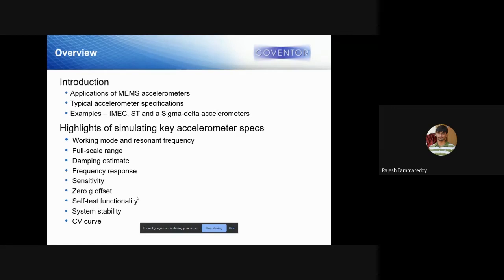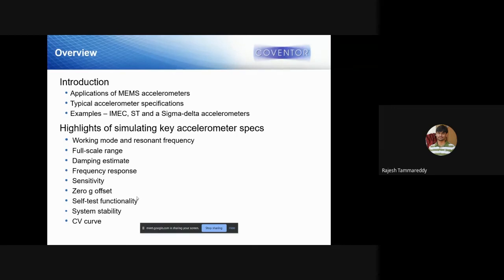Self-test functionality. What is self-test functionality? It is to make the model check whether it is behaving correctly or not. You will have some self-test mechanism on each device, by creating extra combs on the model.